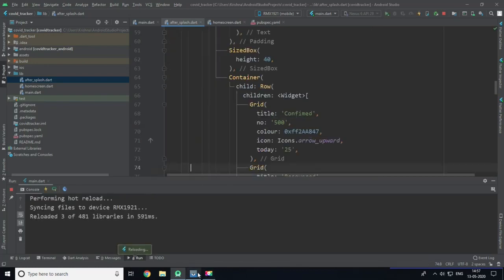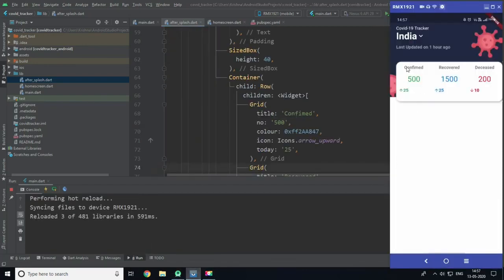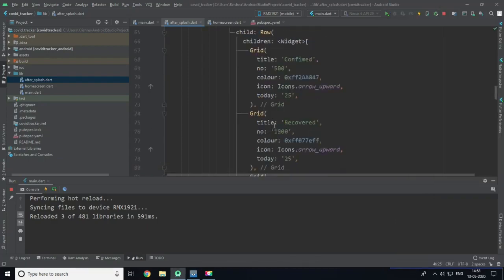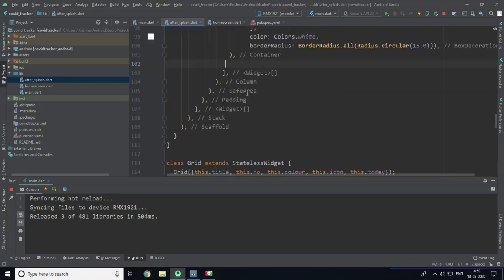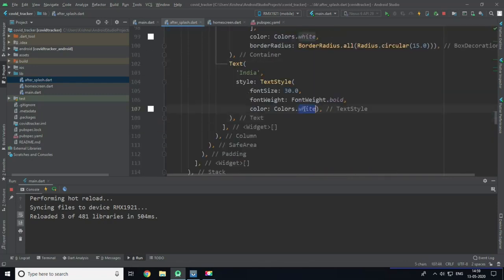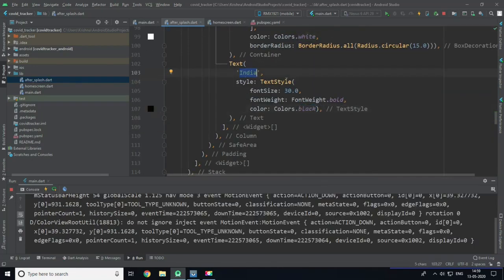Now when I hit save and check our device, you can see that we have a confirm with different color and different number with different active cases and an arrow downward in the case of deceased. Now we need to create another text which has the same property as a country name text. So I will copy this and paste it here and change the color to black and also change the text to global outbreak